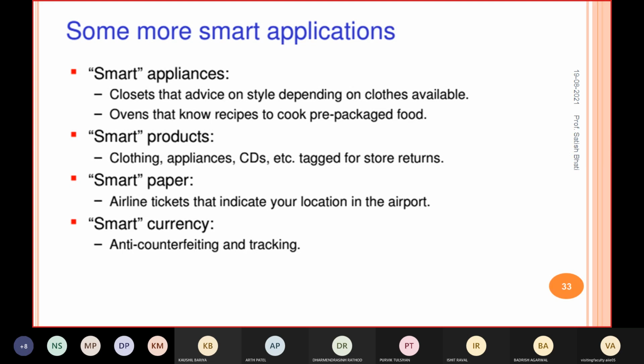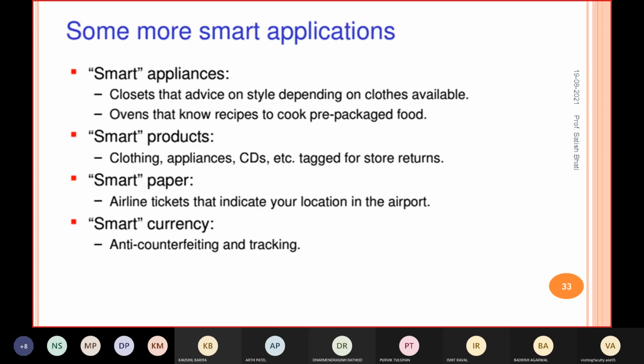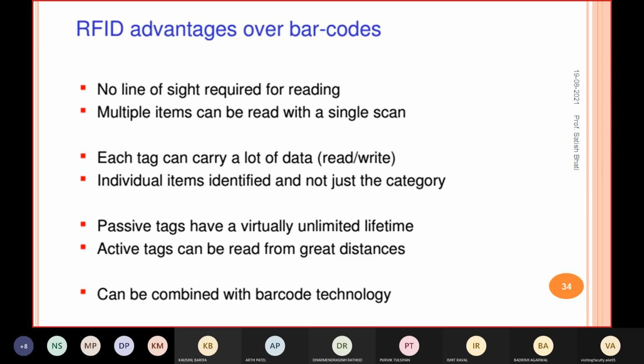If you include the RFID tag inside the currency, then no one can create a duplicate, because a human can't read that RFID tag, right? And also you can track that particular currency or particular thing, right? Because of the applications related to RFID, right?